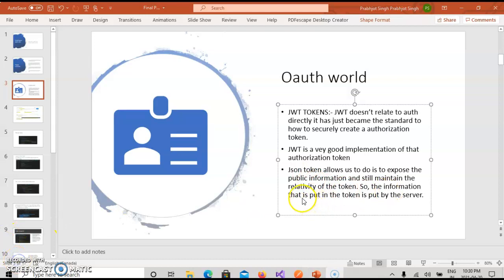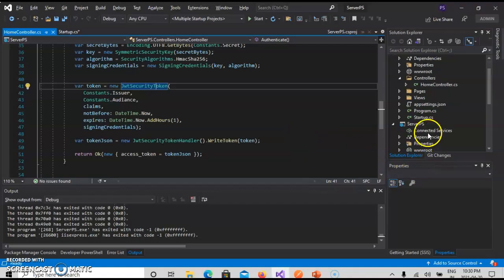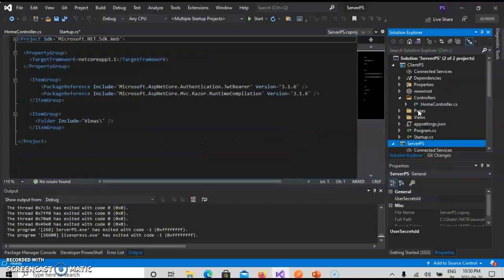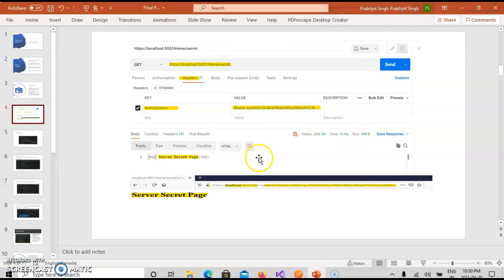and the information that I put in the token will be received by the server, so that when my API gets my token, it will give me every request that my client asks for. So this was the JWT project that I have created. Basically this is the same project, server PC. I made this before the client PC, so this is the functionality of it.